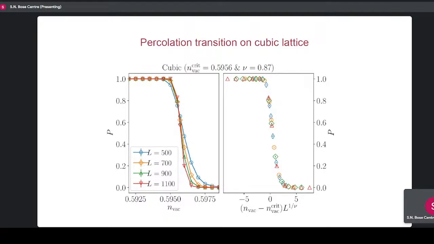In 3 dimensions, there's actually a percolation transition when we look at the same thing, because the curves cross, and then we can scale it. Right? Like in regular percolation, we get a value of nu. Interestingly, this value of nu is very similar to 3D geometric percolation. But the physics is different because after you percolate, there are 2 infinite clusters, not 1. There's one RA region that's spanning the whole lattice and one RB region.